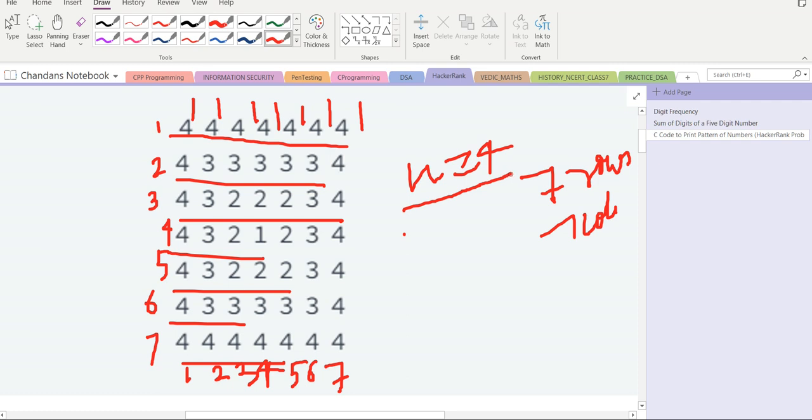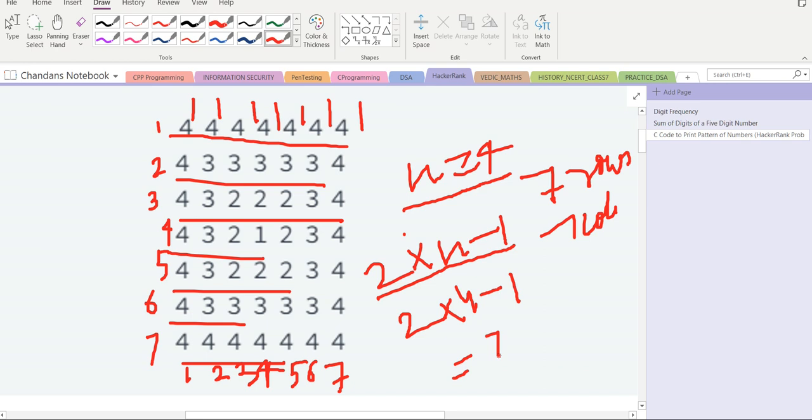Understood? So just try to understand the pattern, how it is going. So let's take 2 into n minus 1. Here I am finding how many rows and how many columns there are. What if I put n equal to 4 here? 2 into 4 minus 1, that means 8 minus 1, that means 7.